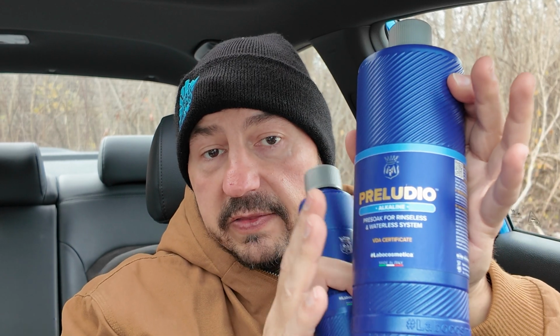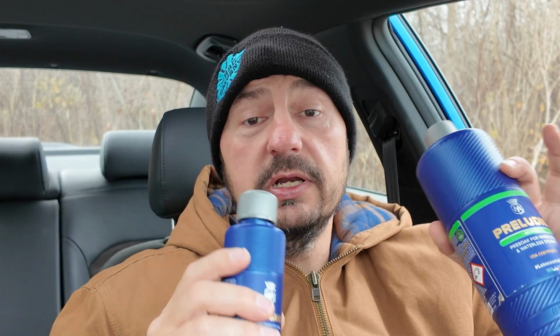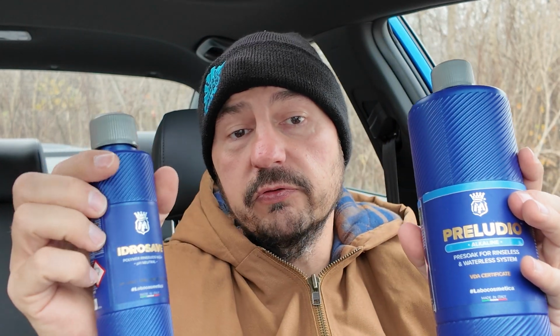So this means that the road film or other organics are going to get removed with the alkaline, the high pH. And then the low pH is going to remove any remaining minerals. So we have that there. And then you just follow it up with the neutral wash. Or you can actually turn this into what Labocosmetica would call a 2 pH system, by only doing the Preludio Alkaline and then the neutral wash and skipping the acidic wash, if it's not needed, because